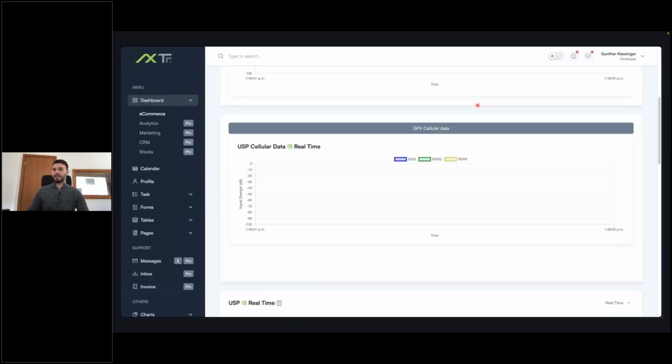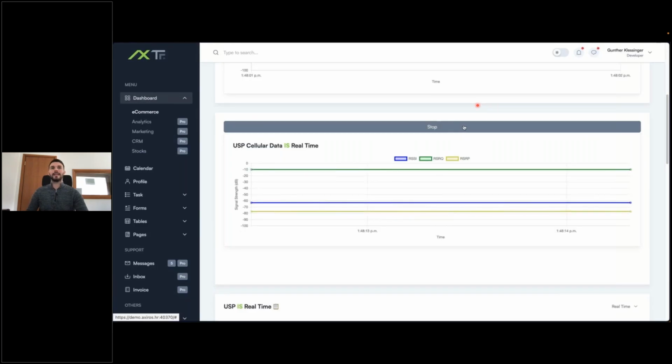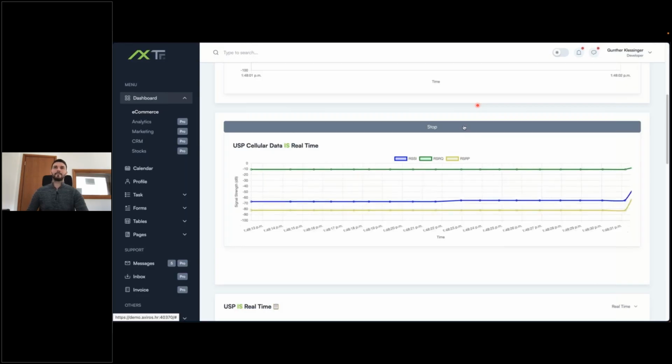What I have here is a quick video demonstration. This is a device that we have connected, and we're executing this streaming part. As you can see, the data is really being refreshed in terms of seconds from the device to the USP controller and presented on the GUI side.